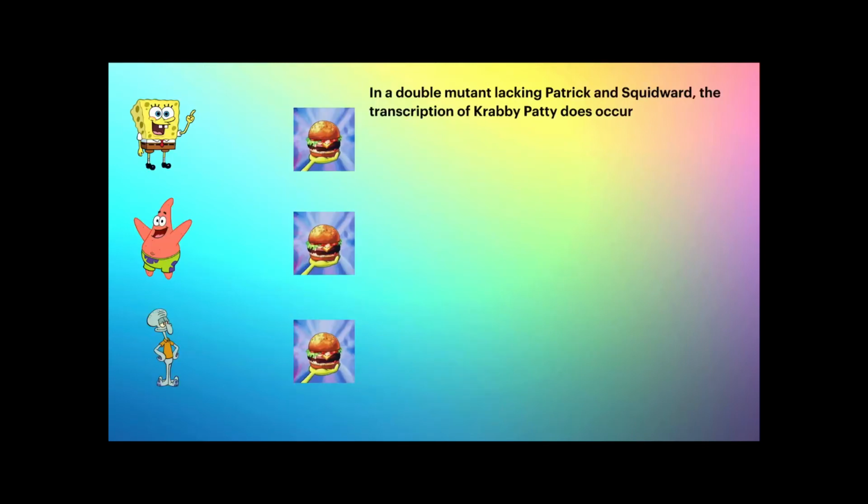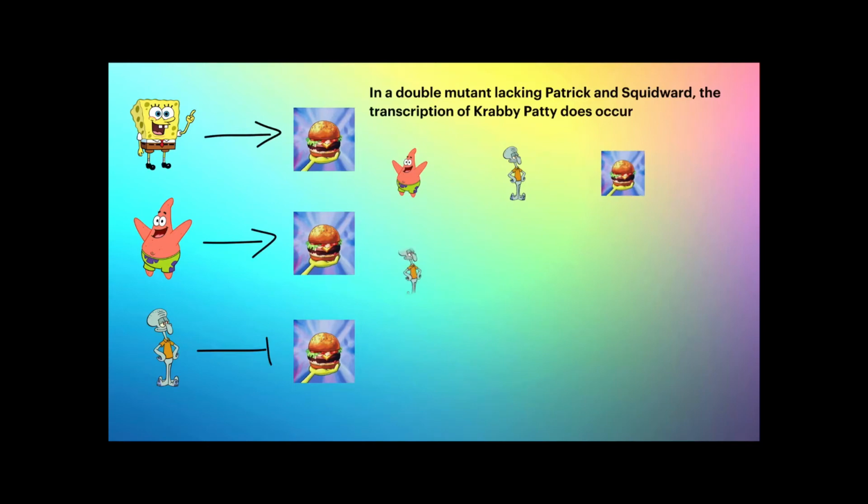Alright, so we know that Spongebob activates the Krabby Patty, Patrick activates the Krabby Patty, and Squidward inhibits it. Now, let's put two of them together. Here we have Patrick, Squidward, and the Krabby Patty, and Squidward, Patrick, and the Krabby Patty. We know the adjacent relationship, so we know that Squidward inhibits the Krabby Patty and that Patrick activates the Krabby